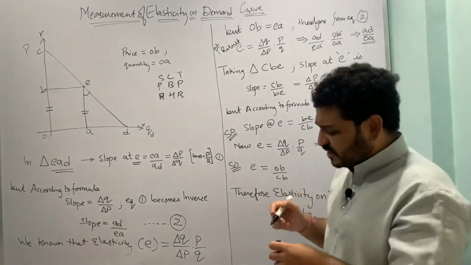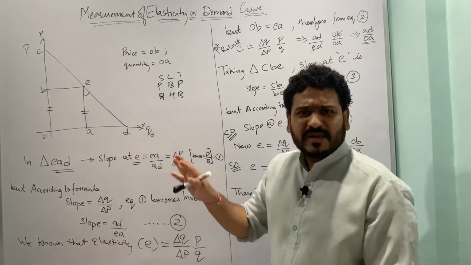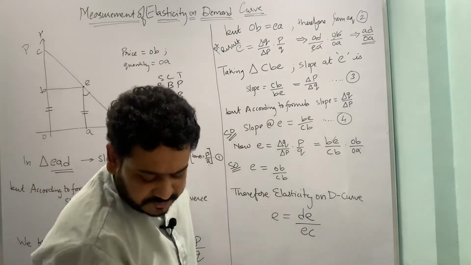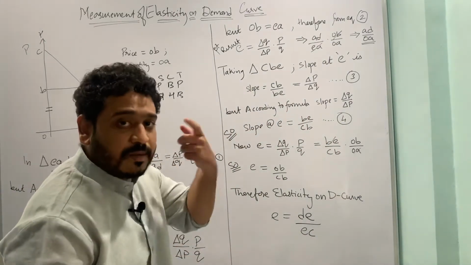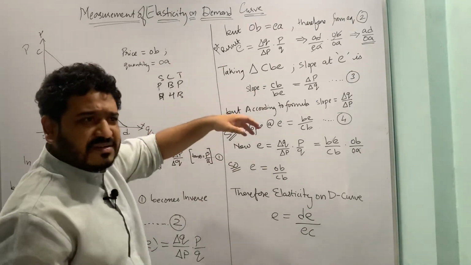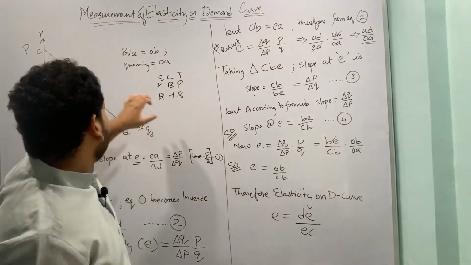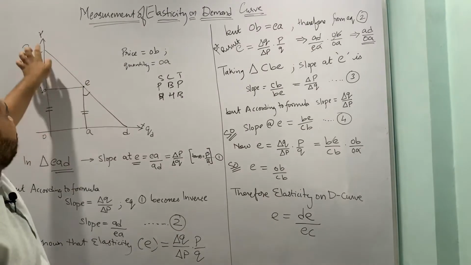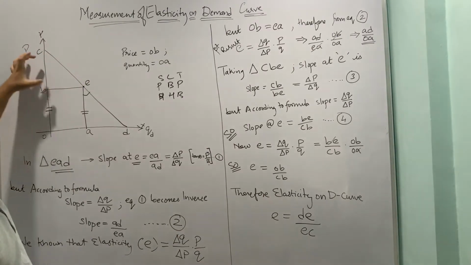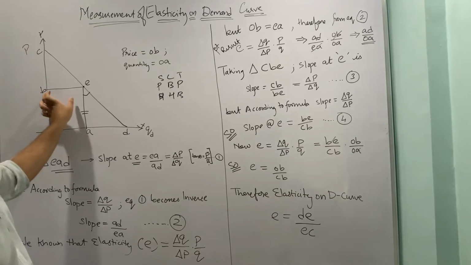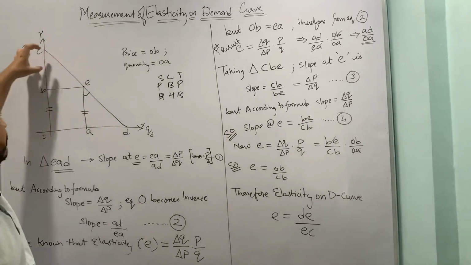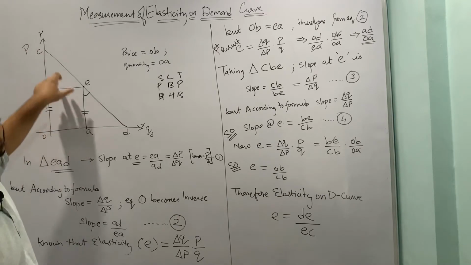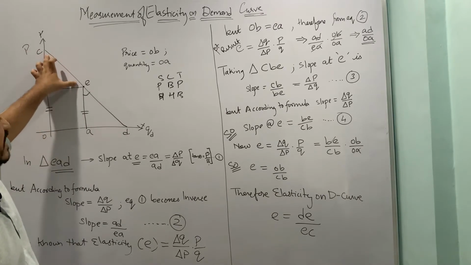Now let us look at the second triangle. I hope this is pretty much clear. There's nothing great happening here, it is just a few equations which you probably have to remember, and it is an easy job. So now let us take triangle CBE. Again, it is a right angle triangle. This is the perpendicular, this is the base, this is the hypotenuse. The perpendicular distance is CB, the base is BE, and the hypotenuse is CE.